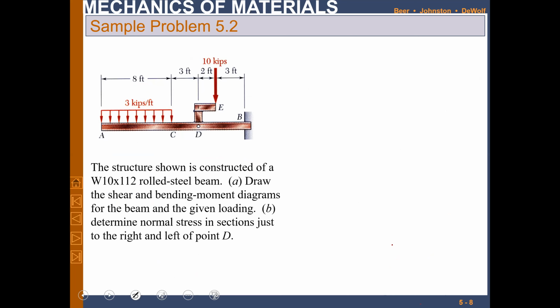Now, this is a little bit more complicated one. Now you have a different type of load. This type of load is generally called uniformly distributed load. Uniformly distributed load means that on a span, it is uniformly distributed. For example, that may be the weight of any beam, right?